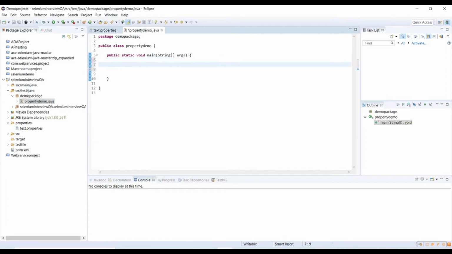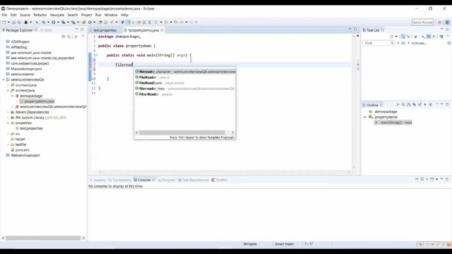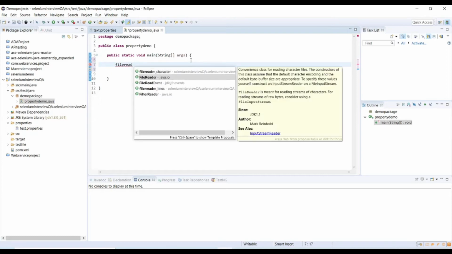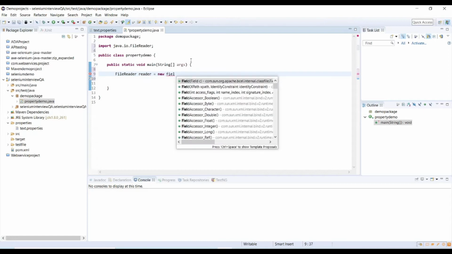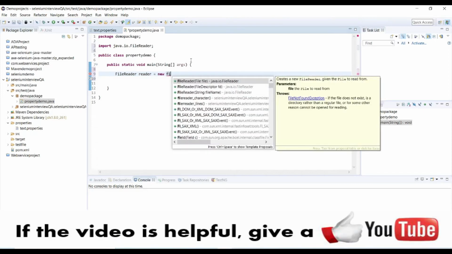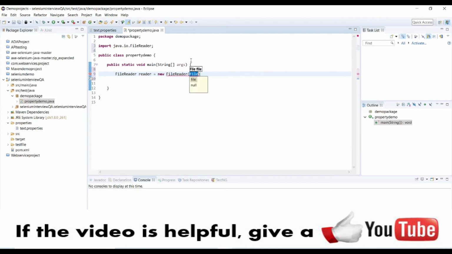Before we create a properties instance, we need to create a file input stream. For that we need a FileReader from java.io, and a reader reference, new FileReader, with the file location. We need to provide the property file's location.